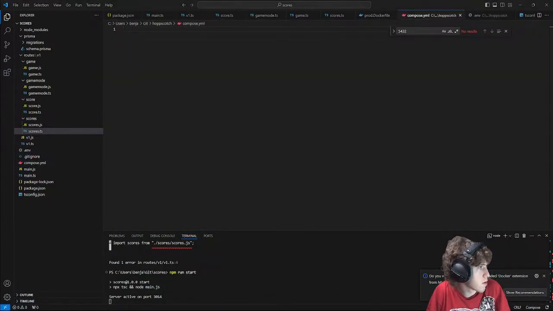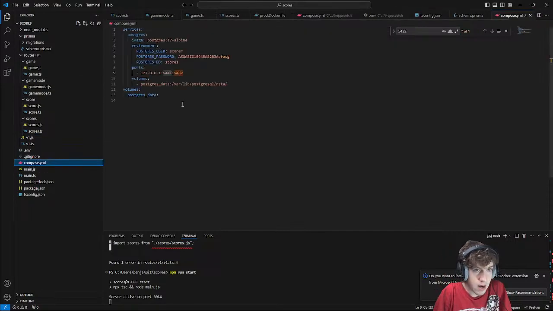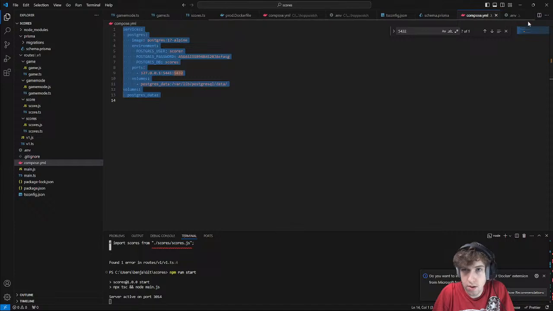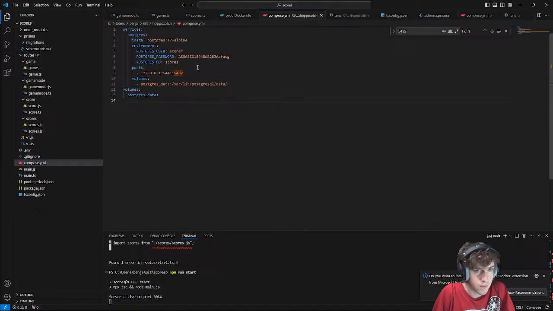What containers do they want me to start up? Well, I guess I need a database. To do that, I can copy what I did here. Get a Postgres database with some password.